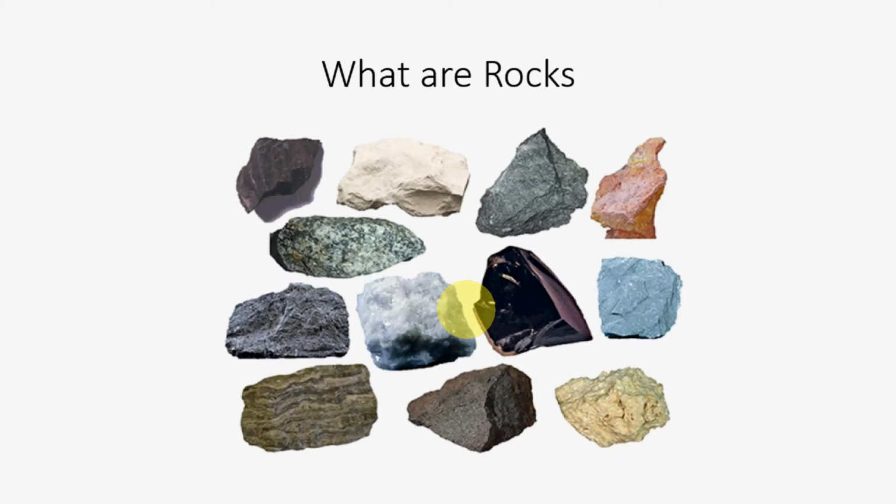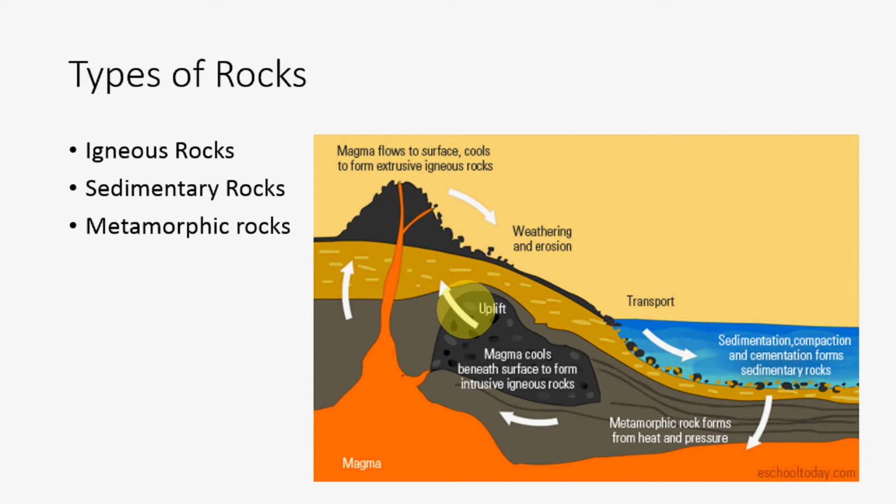The next thing is that we are also going to define the types of rocks. As said over here, there are basically three types: the igneous rocks, the sedimentary rocks, and the metamorphic rocks. These igneous rocks are solidified from the magma and the lava that comes out from our mantle to the outside of the earth. As soon as this magma and lava comes out, it gets solidified and basically forms igneous rocks. This kind of rock does not have any fossils since it is formed from the magma.